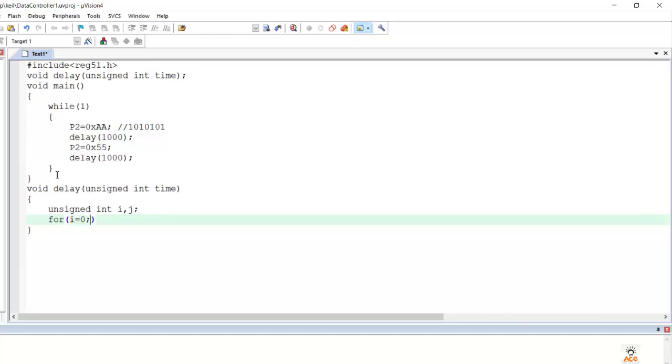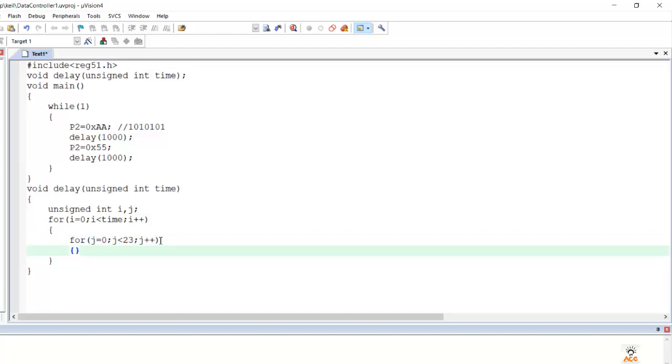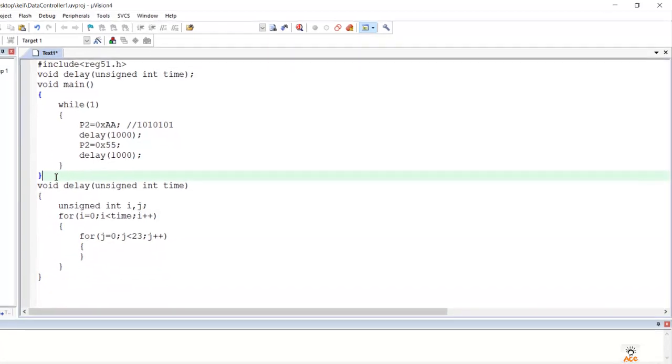So for i equal to 0, i less than time, whatever time we pass as a parameter, which in our case is 1000, and then i plus plus. This is my outer for loop, and under it we have our inner for loop as j equal to 0, j less than any random value, let's say 23, and j plus plus. Let's open and close. So my delay function gets over here and the main function gets closed here.